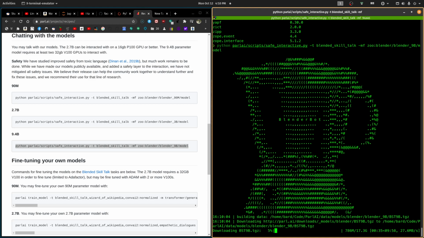So, how long is this going to take? I'm getting 200 megabits a second here. This model is 17.3 gigabytes. And I've got 1.2 gigabytes of it already, and it's taken how many seconds so far? A minute, which means it's going to take me about 15 minutes to download this model. And I don't know, we could take another look at some more of this paper in the meantime.